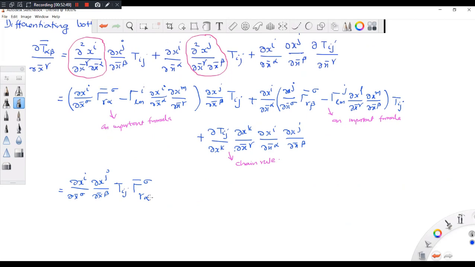So this minus tij, then gamma ilm, del xi by del x bar alpha, del xm by del x bar gamma, del xj by del x bar beta. Okay, so expanded this plus